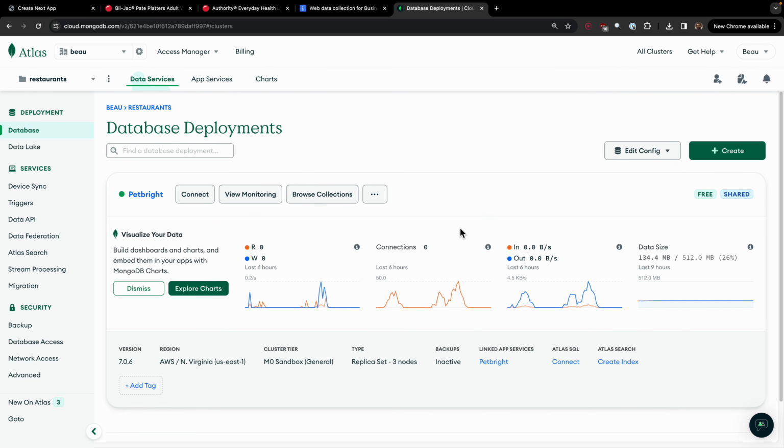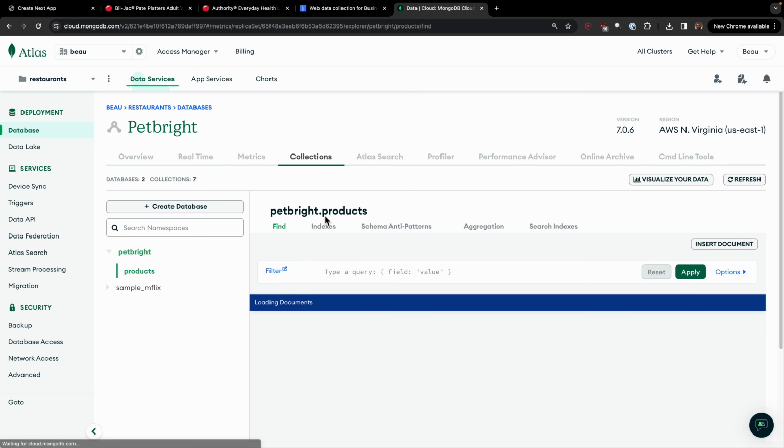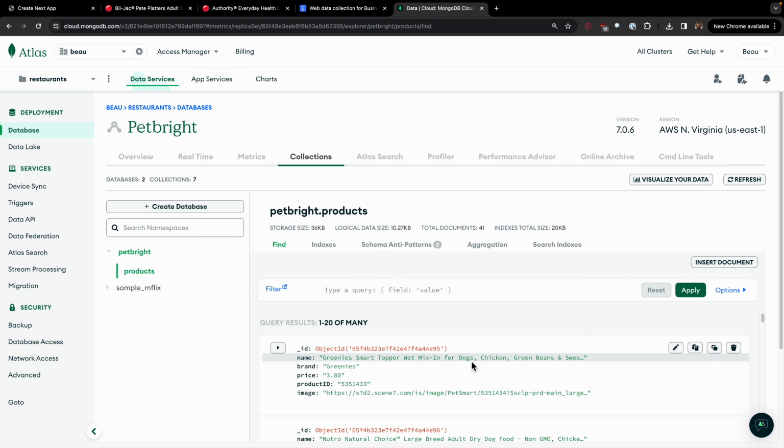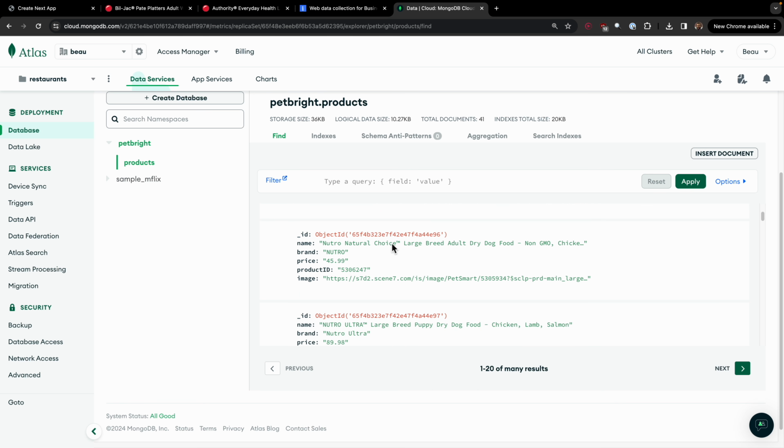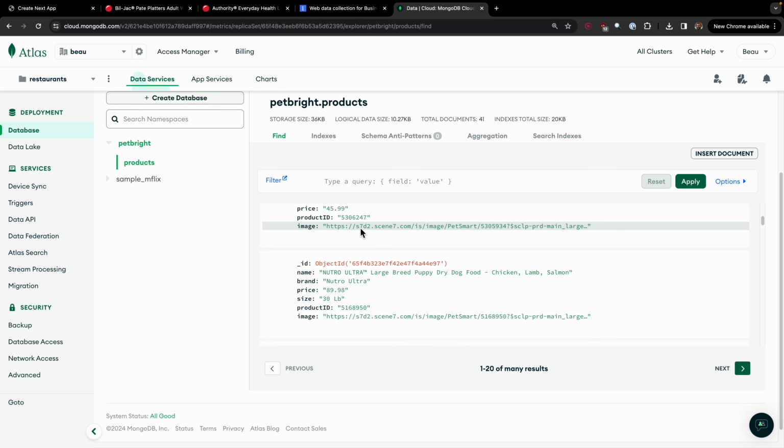So I created this database on MongoDB Atlas. It's pretty simple to create a MongoDB Atlas account. It's all free to create an account. And if I click Browse Collections, we can see the database collection. So you can see here we have PetBright, and it's the petbright.products. You can see here all the information with the name, the brand, the price, the product ID, and the